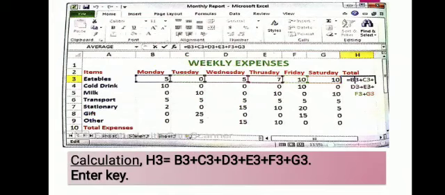Plus we had written, means of course we are doing addition. You can use auto sum button also. It is given in home tab, formulas tab. You can use equal to SUM, then bracket from B3 colon G3, close bracket and enter key. Similarly, we can use average, count, maximum and minimum functions.